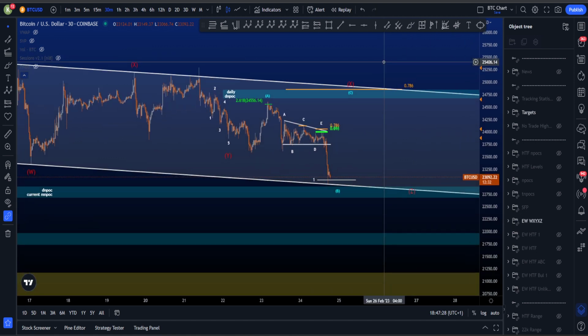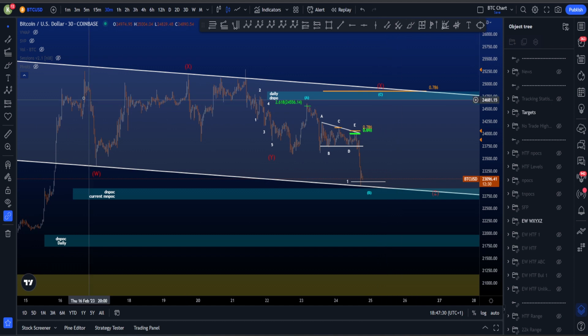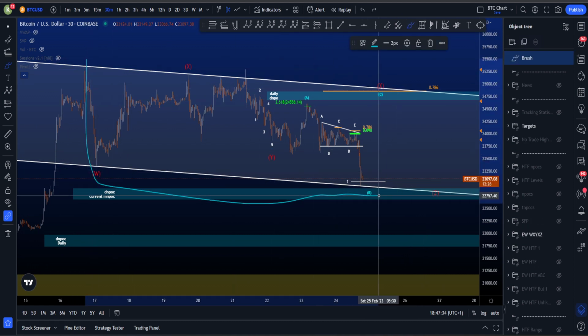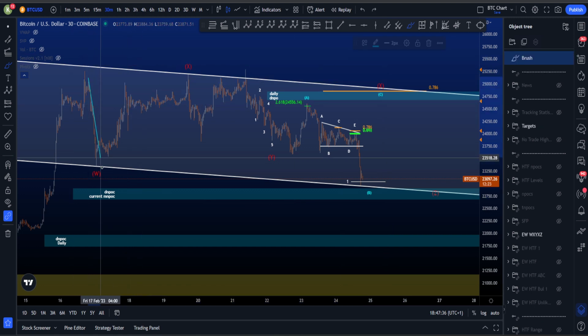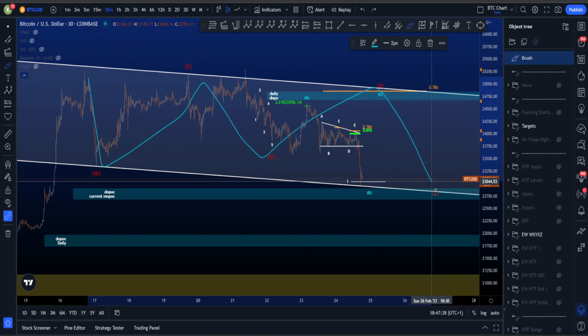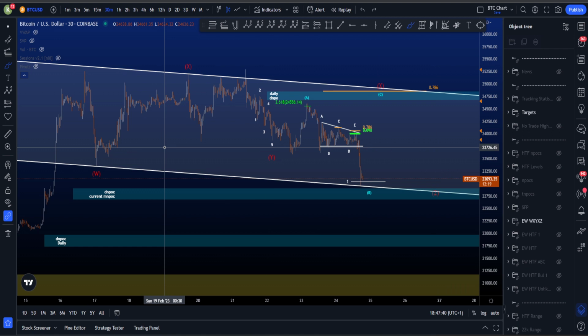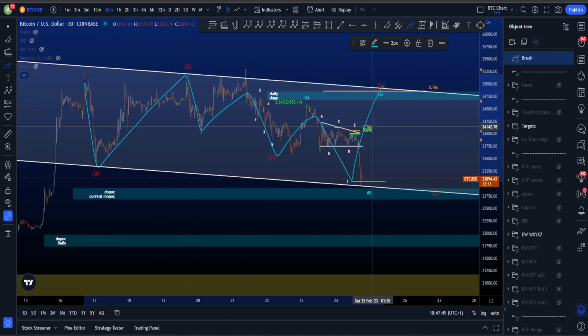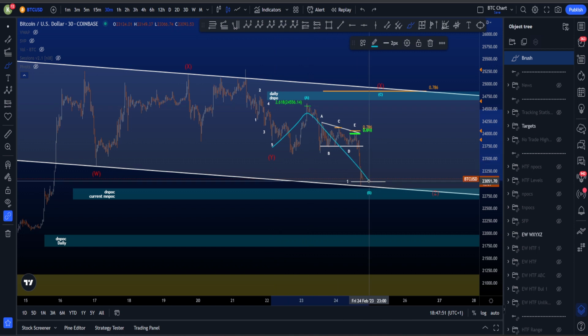So what I'm looking for at the moment with the range that we have been in for a while now is a WXYXZ, which is a corrective pattern. And so currently wave W was a zigzag. Then we have X, Y, and then in this X, one could say we might have some sort of a